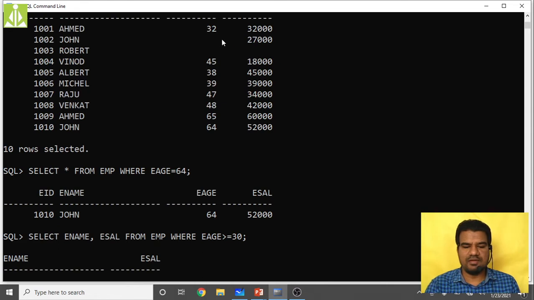So what records we will get? I hope less than 30 in the sense it will consider only these two, John and Robert now, because all are greater than 30 only. Whatever age specification we have done, that is more than 30 years only, and whatever specification we have not done, that will be considered as less than 0. Okay, so less than 30 years.